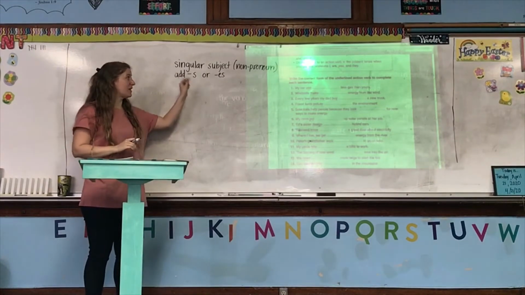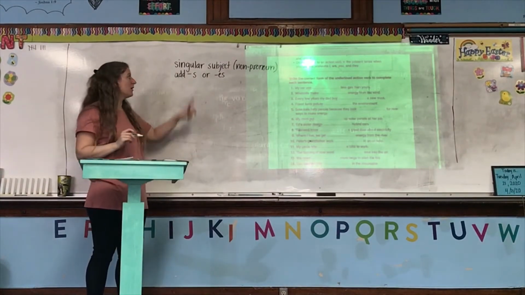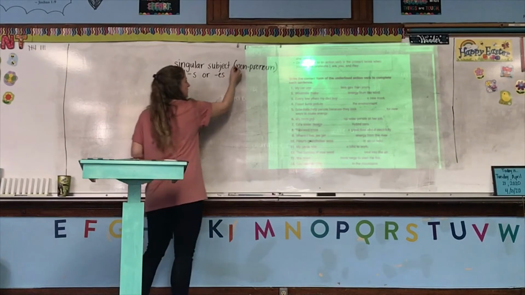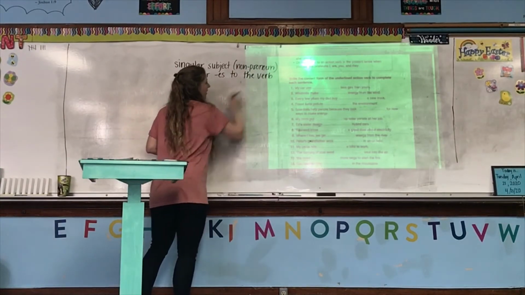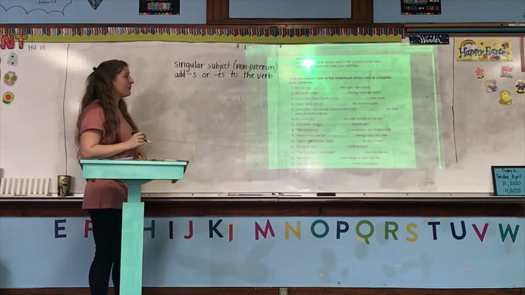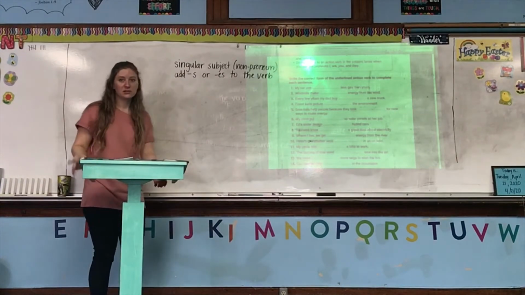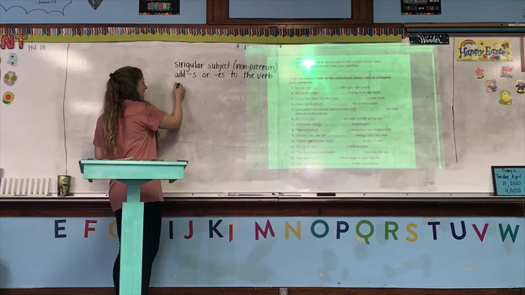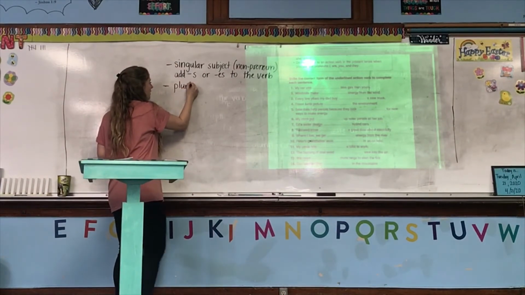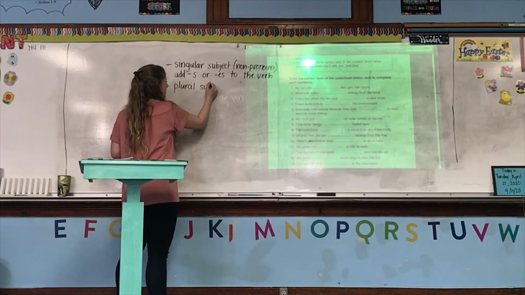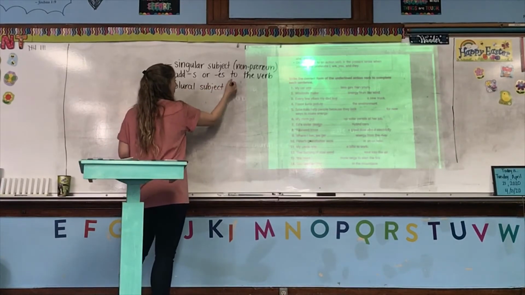So anytime you have a singular subject that's a noun, not a pronoun, you add S or ES to the verb. If you have a plural subject, whether it is a pronoun or not,